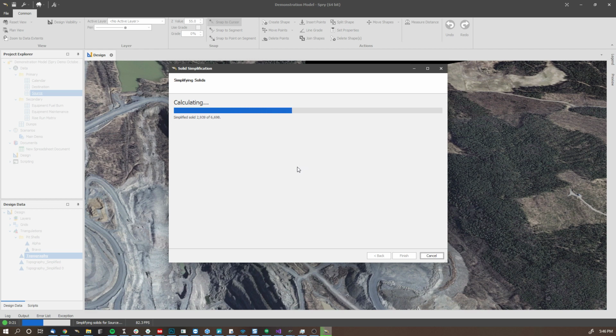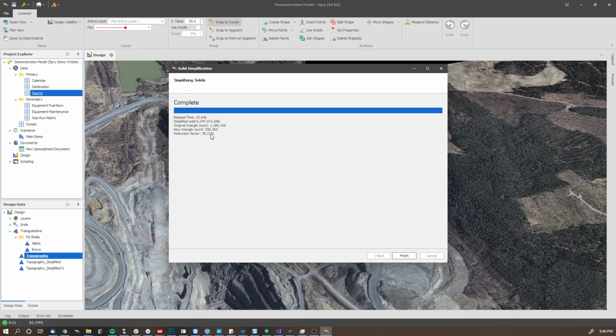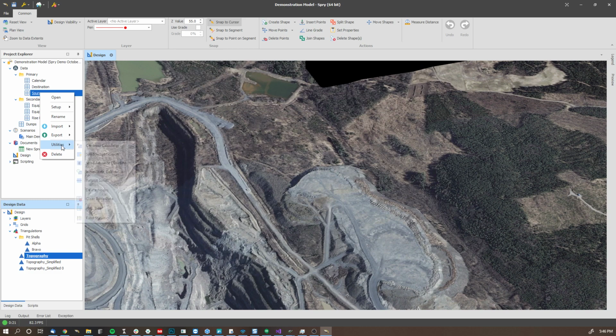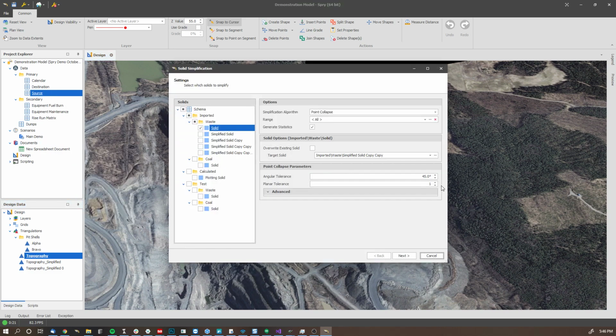So we're at 78%. If we allow a 5% volume tolerance, we're now at still 78%. So in this particular example, either the solids get decimated a lot, or they don't get decimated at all. So some other options that you might want to do then is, if you're happy to fire it off and totally forget about it,